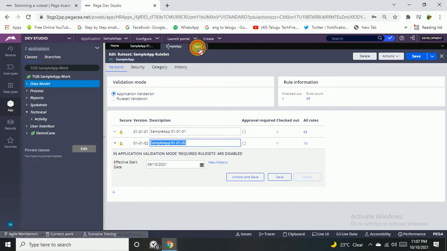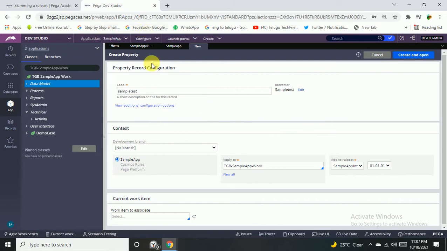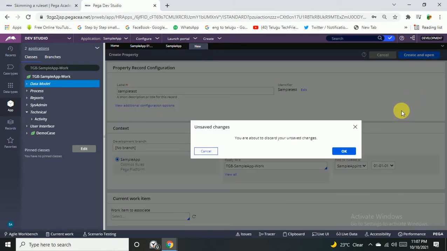So simply, the interviewer asks you the question: if your rule set is locked, how will you open it? There is no password, we have forgotten it, you also have forgotten it, how will you open it? This is simply the interview question. How we have to give the answer, okay, we'll see now.